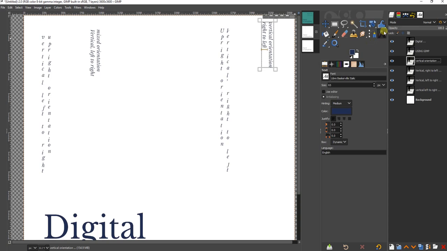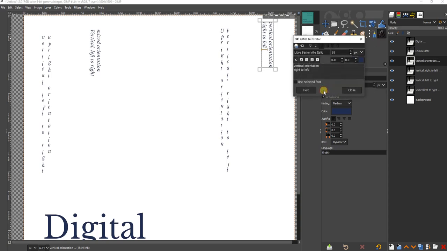I'm going to click on Use Editor in my menu, and right here, the highlighted action is vertical, right to left, mixed orientation. So this text turned 90 degrees,